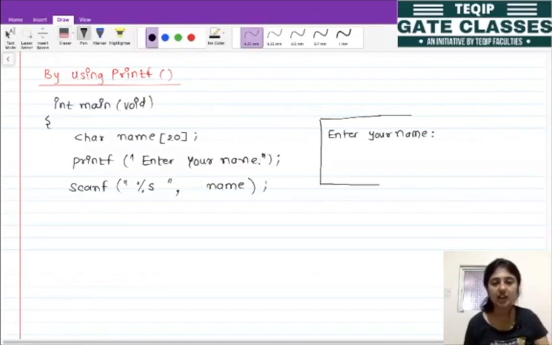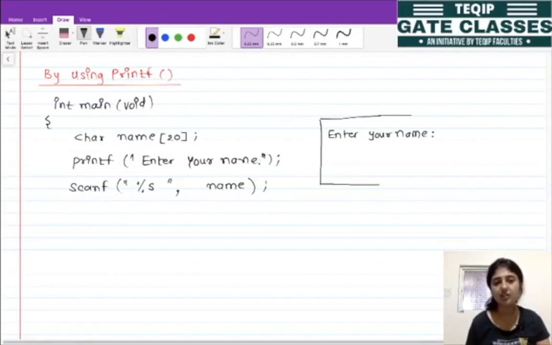The reason is that this name, this character array name, is basically a pointer. So it is already a pointer, so that's why we don't need any ampersand. Ampersand indicates the address, but this is a pointer, and the pointer is basically used to hold the address. So don't add any ampersand. This is the one difference compared to the primitive data types.